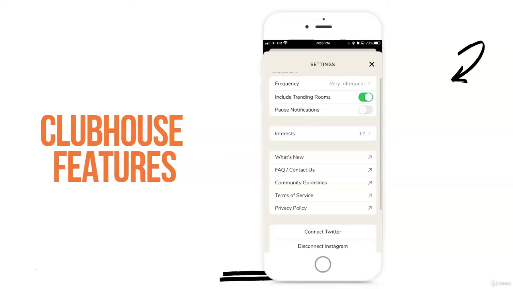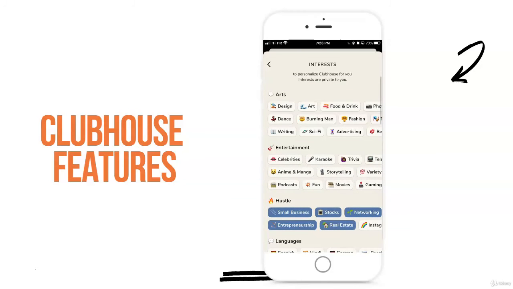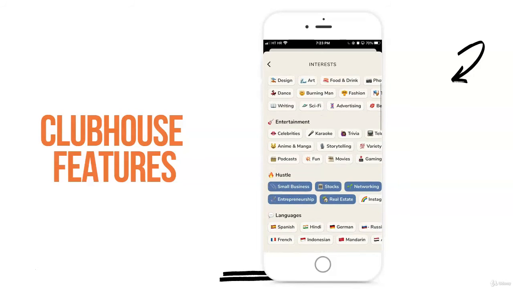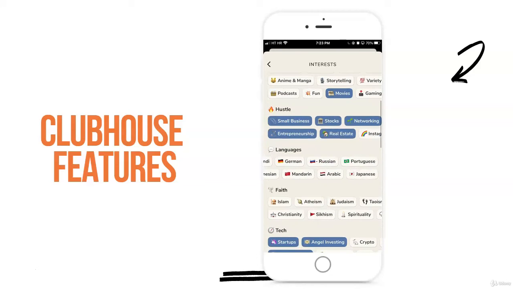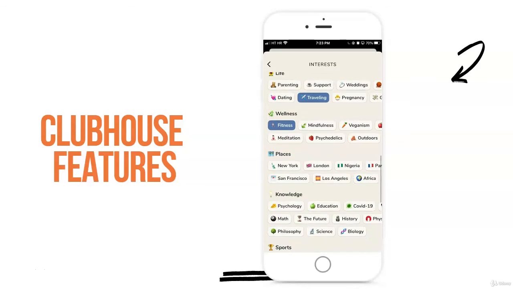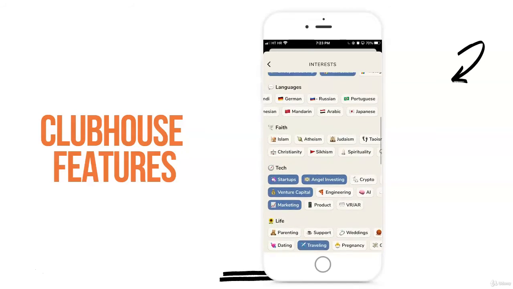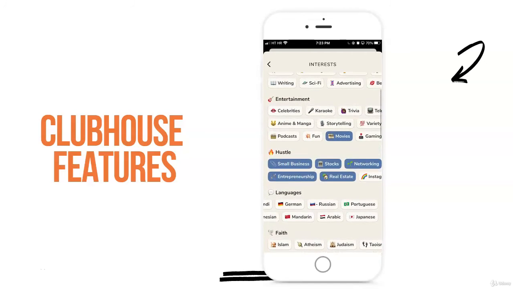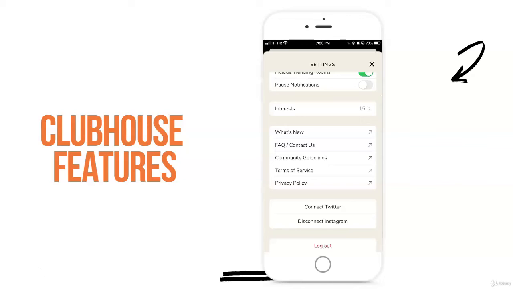Here you can see how many interests you're currently following. So I'm currently following 12, but you can always click here and let's say you can add more. I can go with movies. You can choose from languages, which languages you want to follow, faith, life, traveling is fun, places as well. And this would just add to your list and the app would suggest the rooms that are currently in progress based on these interests. And the rest comes with the community guidelines, frequently asked questions, terms of service, and privacy